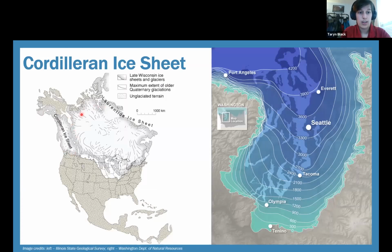There were two very large ice sheets that covered basically all of Canada and flowed down into the northern parts of the US. There's the Laurentide, which is the really big one, covers most of Canada and came down over Minnesota, Wisconsin, Iowa, etc. Land of 10,000 lakes. It's because there was ice there. And then the Cordilleran ice sheet was the one on the west side of the Rockies that stretched from southern Alaska